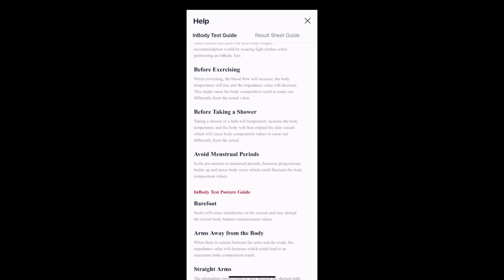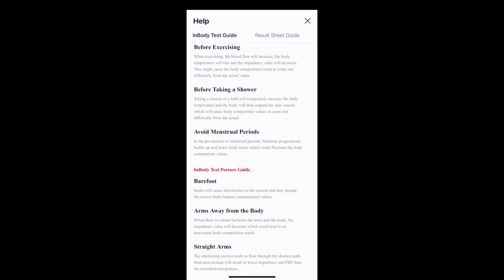You shouldn't take a shower right before, because that usually increases your body temperature, especially if you take a hot shower, which will also impede those values. And for women, the numbers can be skewed a little bit during menstrual periods. So we say you should still scan, but just know that those numbers may be off a little bit, and then come back to normal afterwards. And then, of course, during taking the